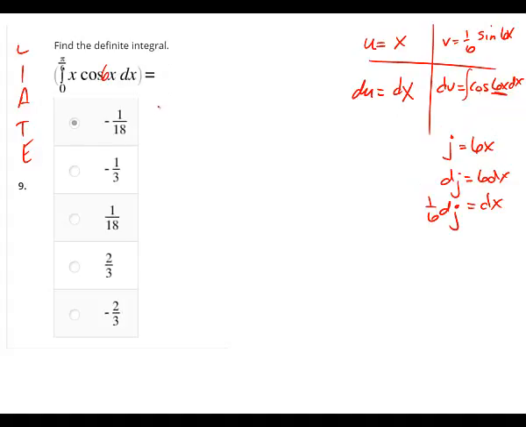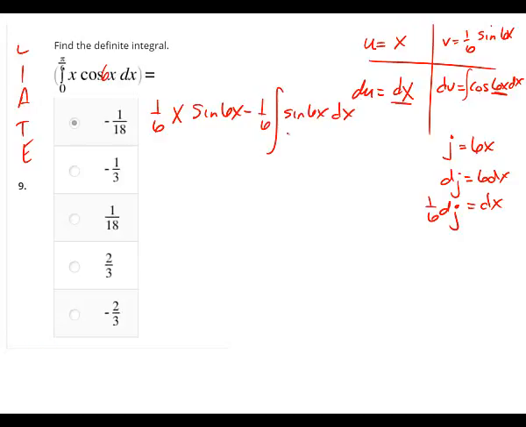Okay, all right, UV, what's your u? x. What's your v? 1/6 sine 6x, good, minus the integral of v, which is still, I should have left more space. So it was 1/6 sine 6x and then